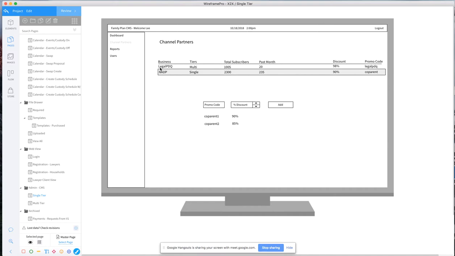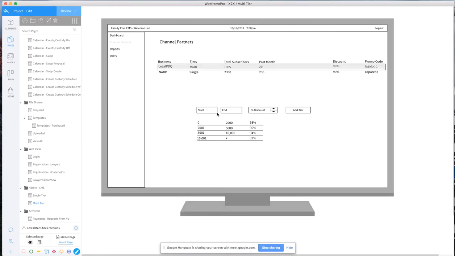So we would create the channel partner and whether they are a multi-tier or single tier. And the only difference between the multi-tier and the single tier is we would create one promo code and it would create a flat discount for everyone. So it doesn't matter how many subscribers use this promo code, it's always going to be one flat. However, if they have a